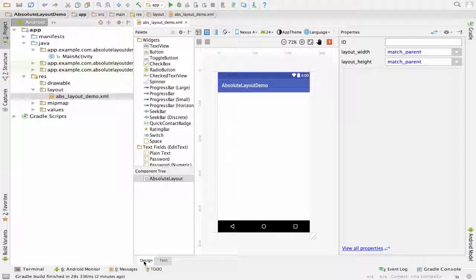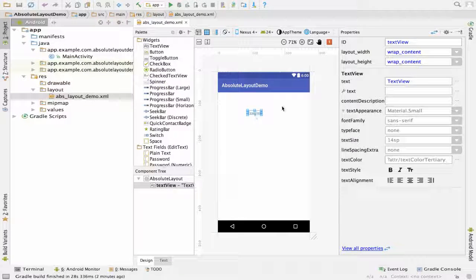So now let's quickly get some elements and see the working of the absolute layout. What I've got is I'm getting a text view here right in the middle. I want the text to be